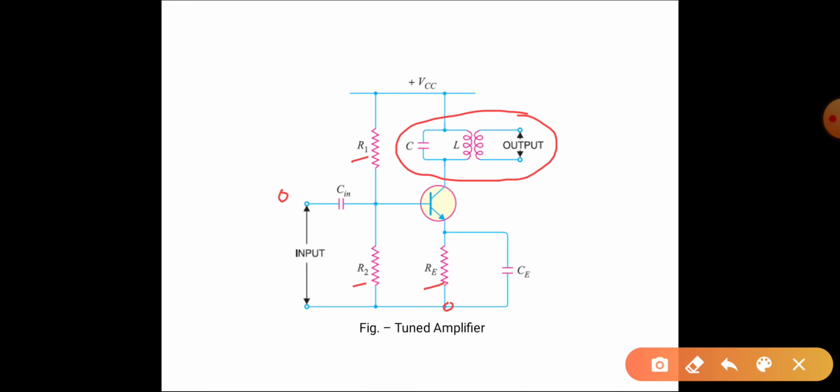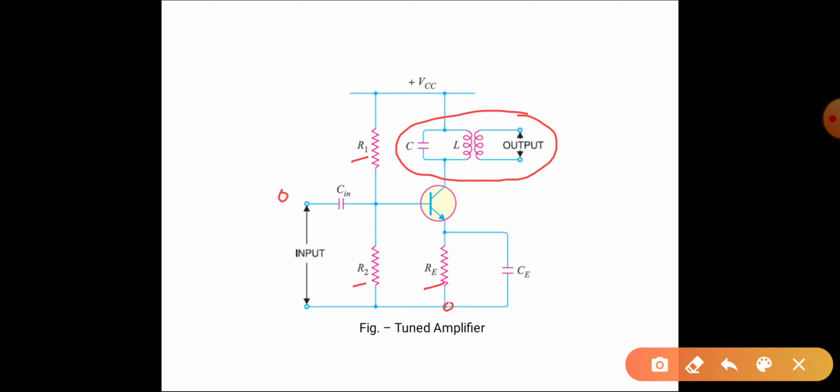But for now, just consider that the collector load, that is the parallel tuned circuit, is used in the collector, and that collector tuned circuit offers a very high impedance at resonant frequency.